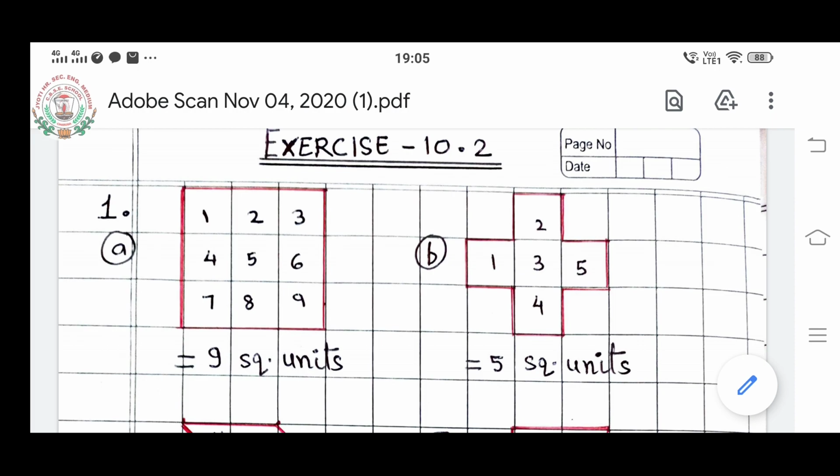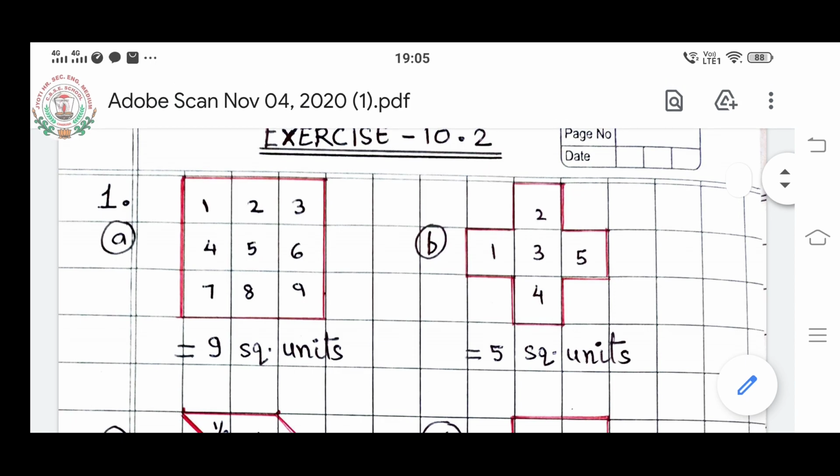Okay. And what is the perimeter we have discussed in the previous video? Perimeter means starting from one point and moving all around the figure, पूरा चारों तरफ घूमकर उसी पॉइंट पर वापस आना. That is called the perimeter. And here for the area we are just counting the number of boxes. Here we will find actually what is area, the total